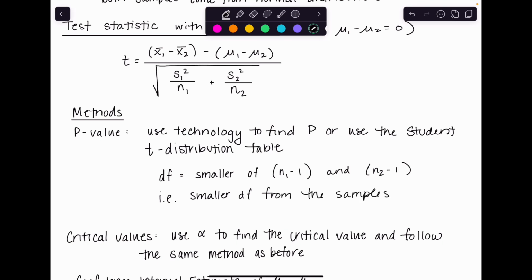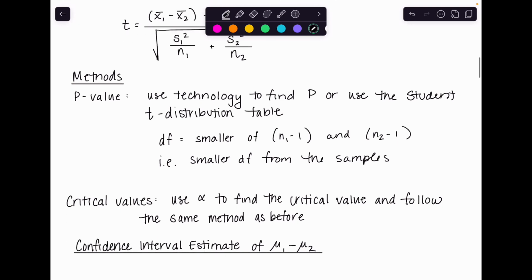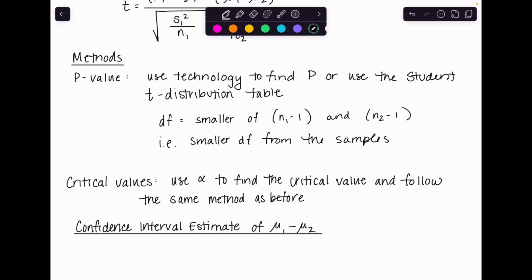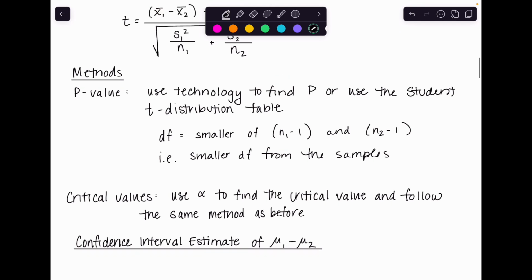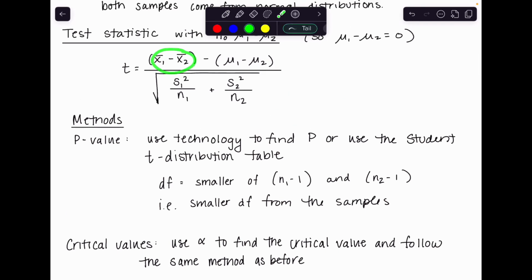So if our first sample has 50, our second sample has 60, well, I'm going to use the degrees of freedom from the smaller amount, so it would be from the 50, so my degrees of freedom would be 49, okay? In terms of finding my confidence interval, we really, again, take that estimate we have with it